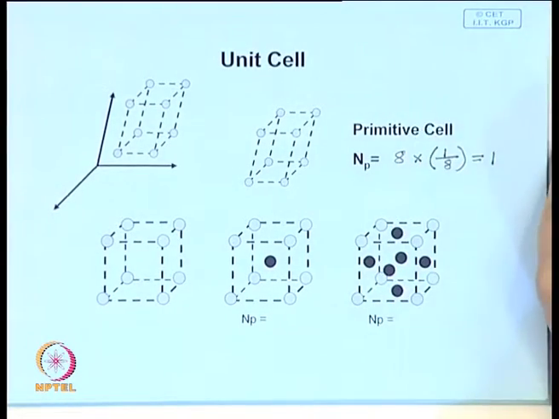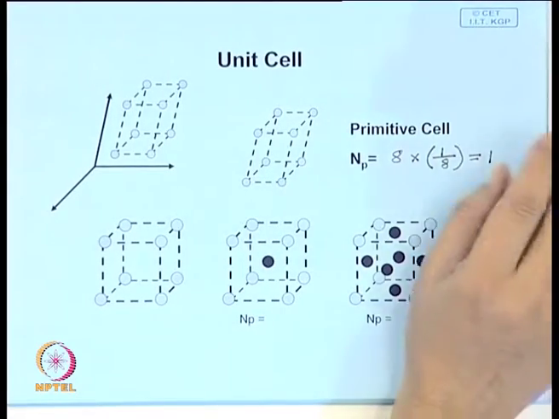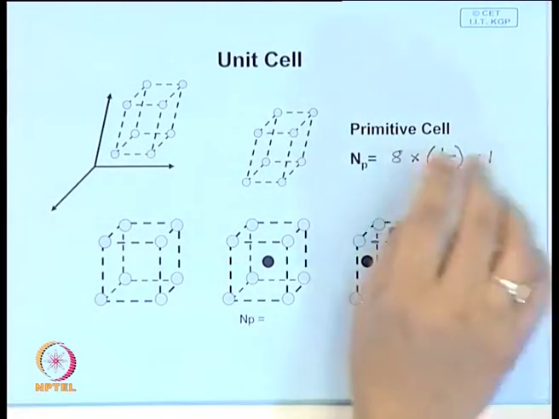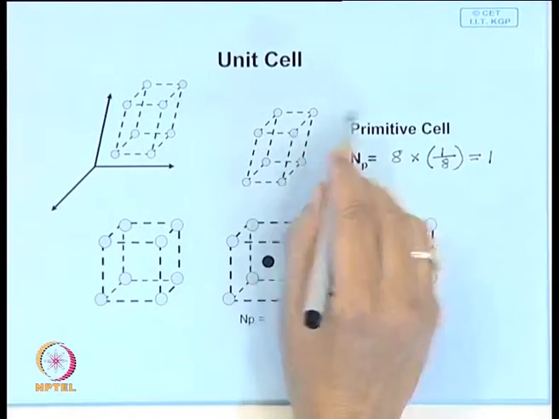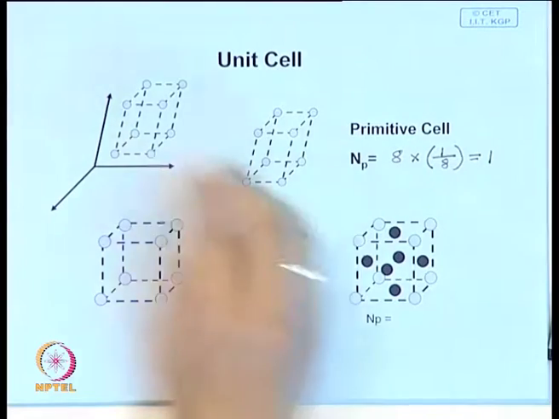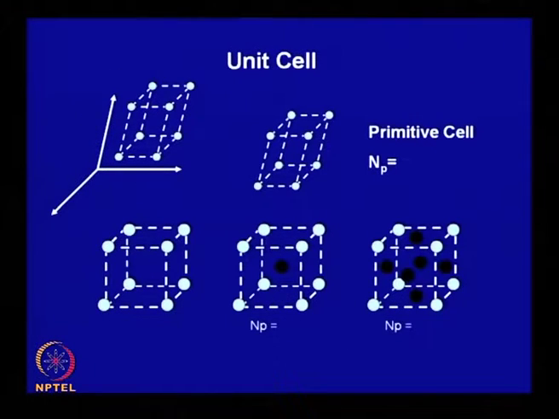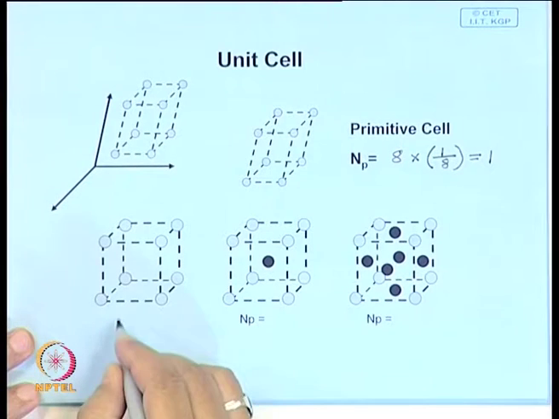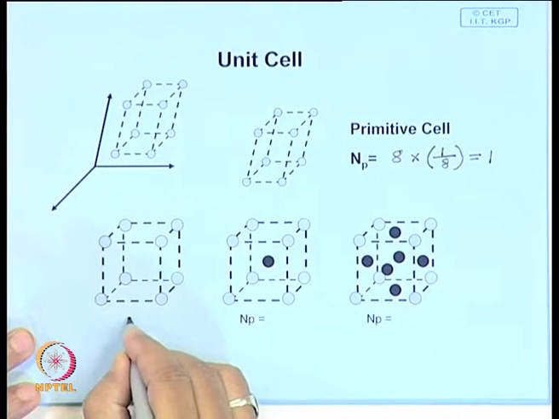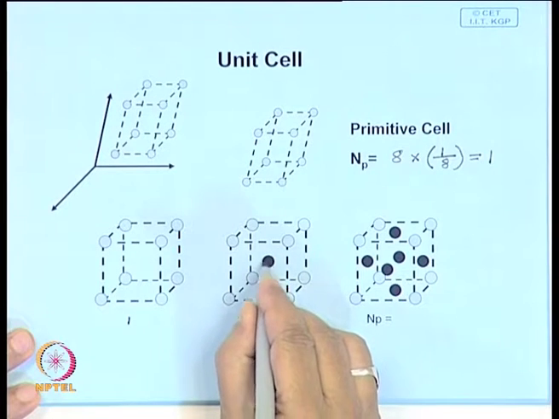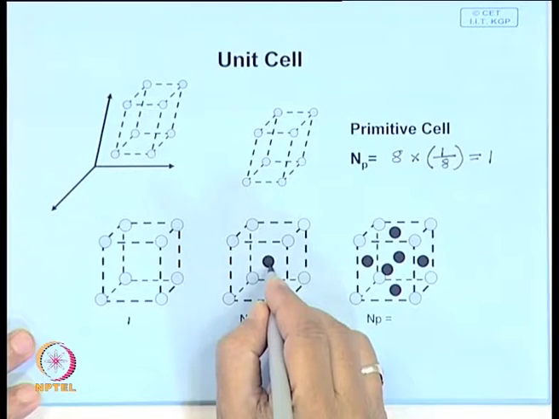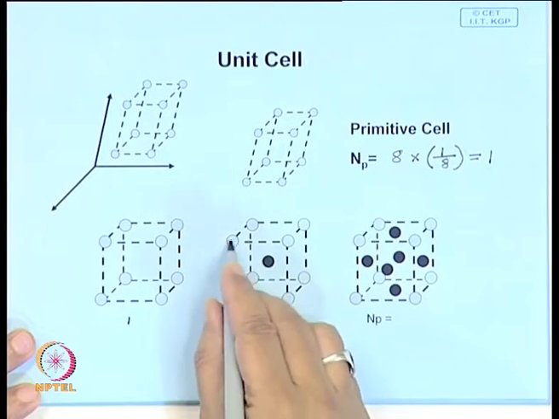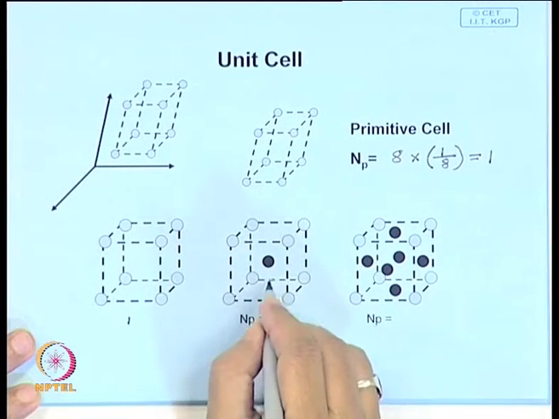Now, you can also have unit cells where it is not necessary that the unit cell should have points only at the corner. They can have certain additional points as well, which is shown here. So, this is the primitive cell. Here this number is 1. If you have 1 at the center of the body, in that case the number of points per unit cell will be